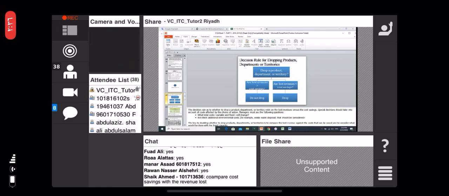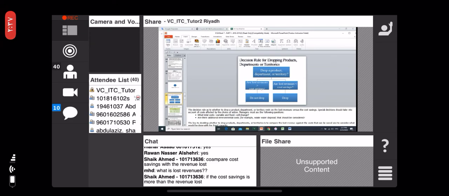Cost saving with revenue loss. So when you make the decision, you will go to drop if the saving cost is more than